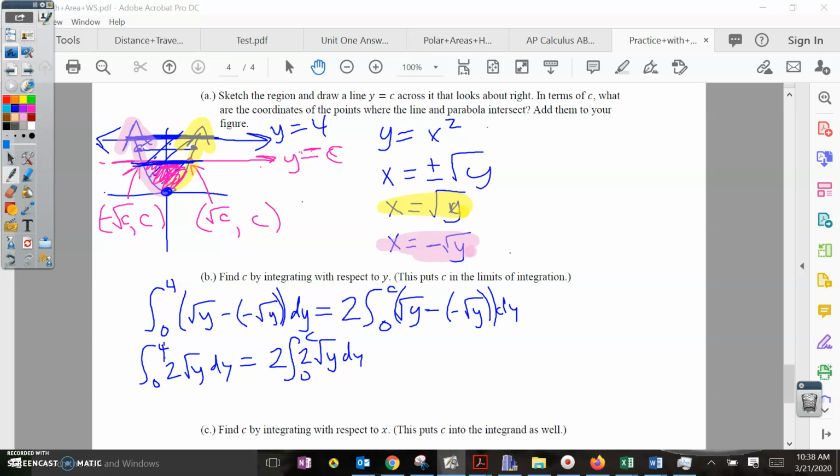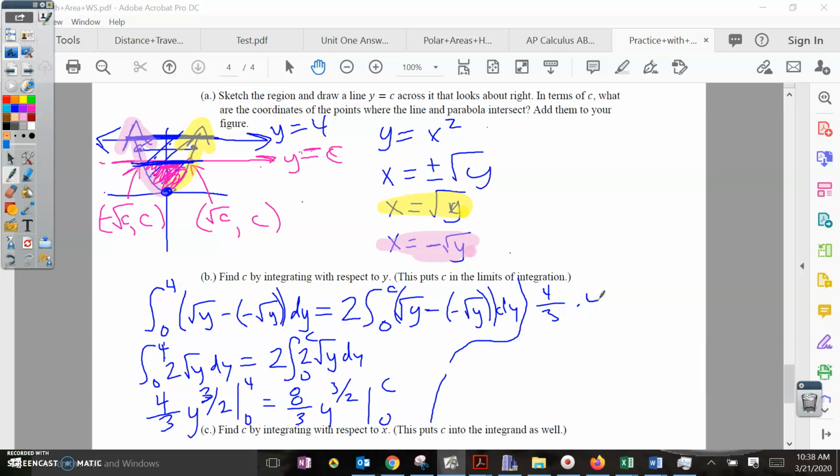Integrating both sides of this, the integral of square root of y is 2/3 y to the 3/2. So this becomes 4/3 y to the 3/2, evaluated from 0 to 4. And the right-hand side here becomes 8/3 y to the 3/2 evaluated from 0 to c, and that gives us the equation that